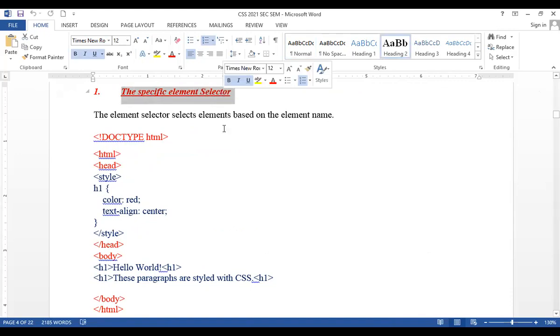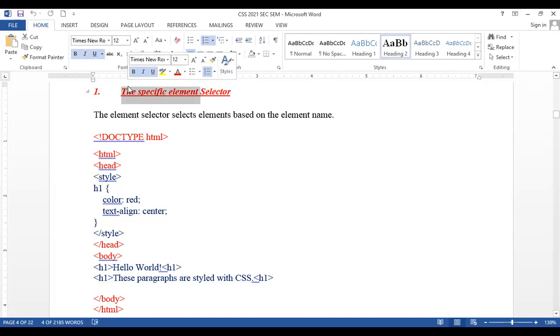Can you tell me what specific element means? Specific element means specific tag. Another name given for this specific element is a specific tag or the value within the tag.